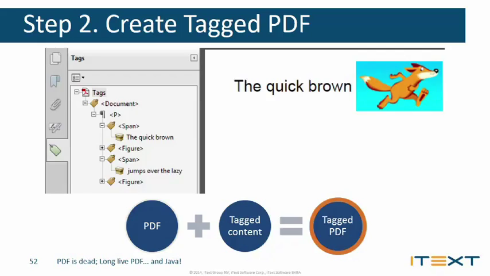So if you look at the output of this tagged PDF, this is a screenshot of Adobe Acrobat. You can see a structure tree on the left. So at first we see the P tag, which is the paragraph. We have a span, so a piece of text, quick brown fox, then an image, then another span, another piece of text which jumps over the lazy, and then the image of the dog again. So of course you can see, compared to the first one, this is a lot easier for software and any automated way to process this document.